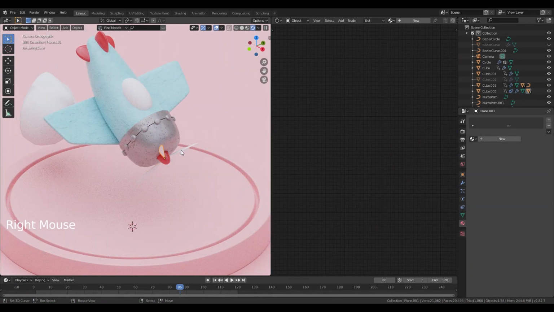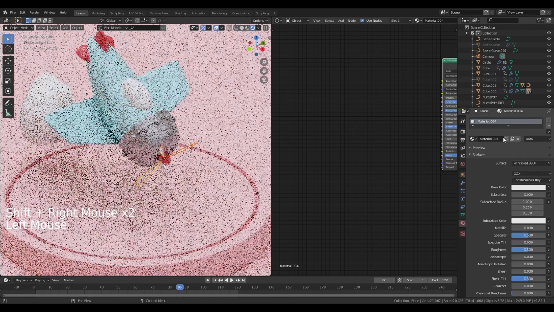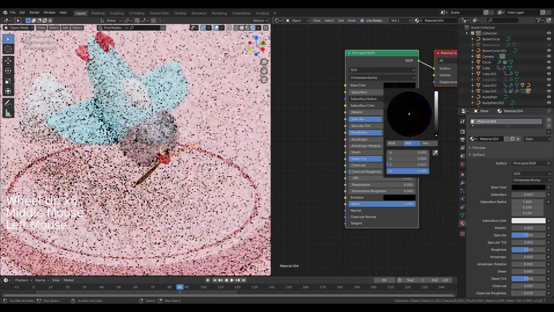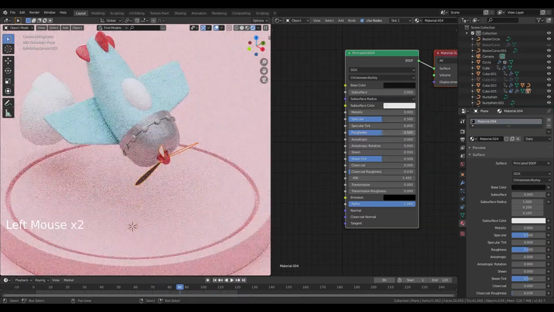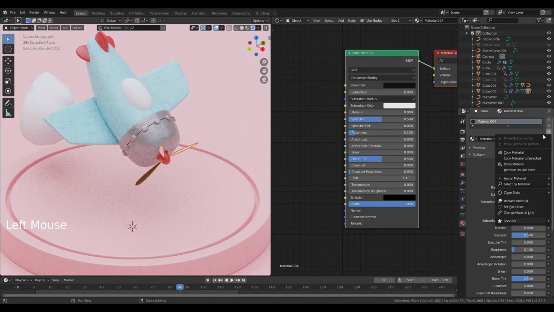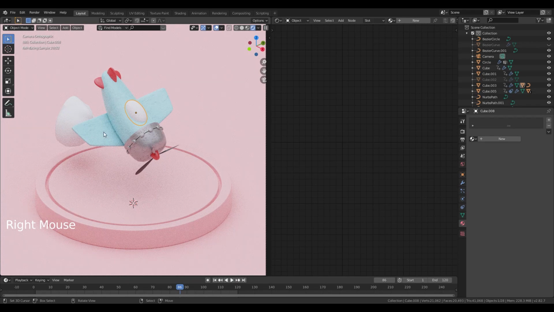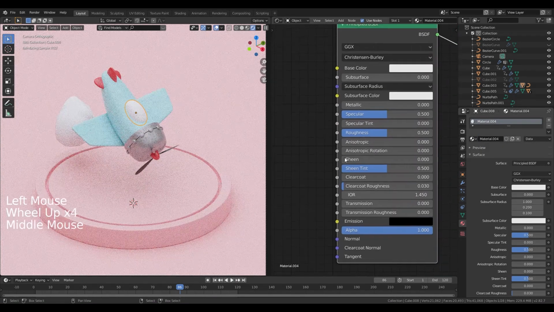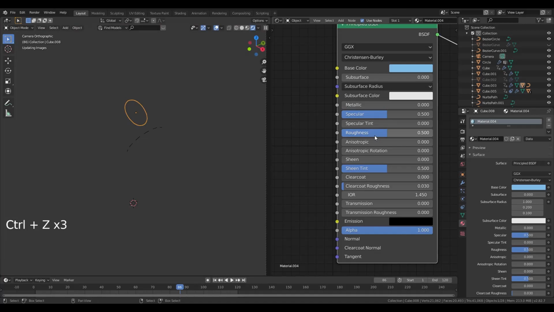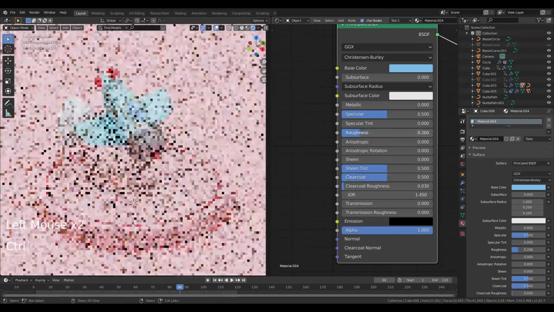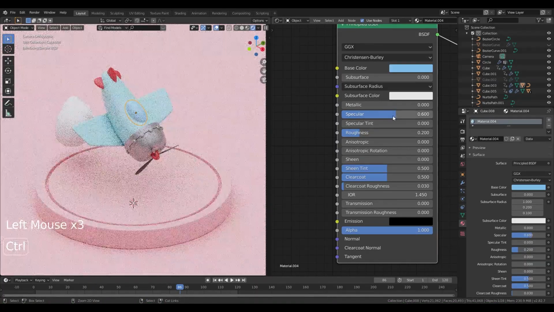The next two materials are going to be dead easy. So for the propellers, I'm just going to add a very simple black material, just dropping it down, maybe decreasing the roughness to about 0.1, and I'm just going to copy material to select it. And the last one on the plane is going to be the cockpit. The cockpit, we can make it just a nice blue. So for this one, I think I will increase the clear coat. I'm going to decrease the roughness, increase the specular slightly, and increase the specular tint slightly,